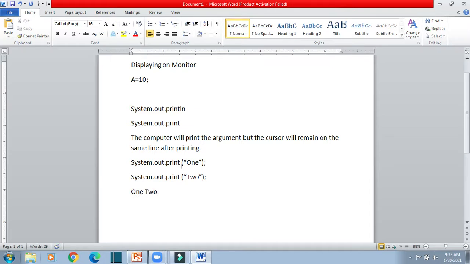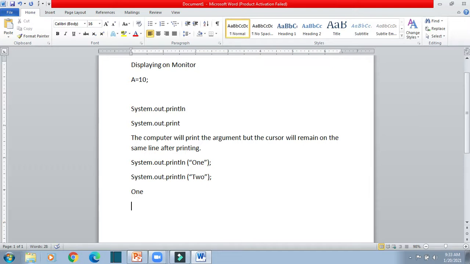But if you have used println, what will happen here? The computer will first print 1. After printing 1, because ln means next line, the computer will move the cursor to the next line.